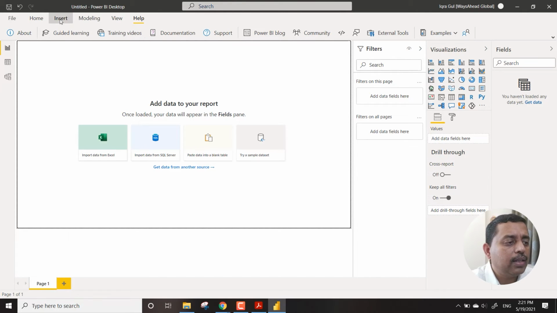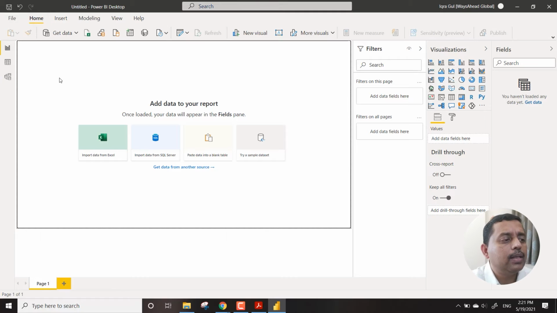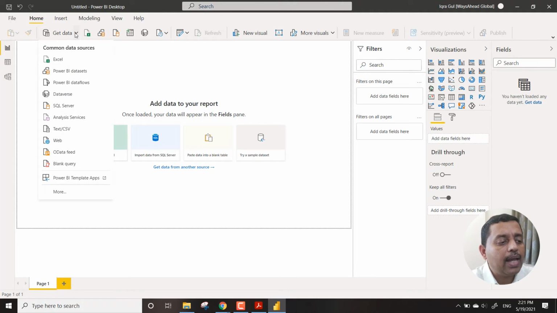So now the first thing that we are going to work on is the home menu, wherein we see that the home menu comprises the most important thing called get data. Get data is the place from where you connect your data source into Power BI. There is something called the CDS, or Common Data Services, which are services used heavily by applications.